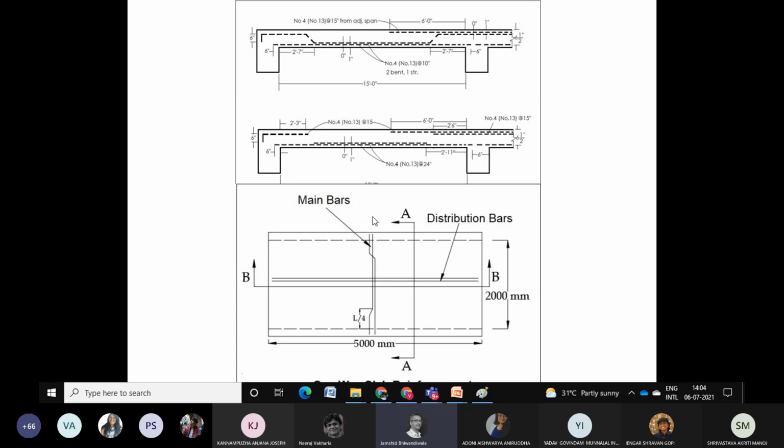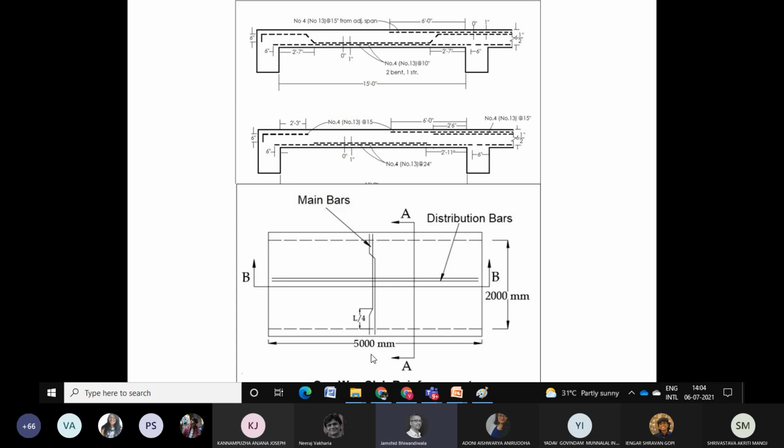You must have seen here, this can be for a one-way slab. In a one-way slab the main bars are only in one direction. In plan you see how that is. You have a bar that is bent on the top, it comes to the bottom. So 1/3 of the span, or 1/5, depends upon the span of the bay. Between 1/3 and 1/5, here it's shown L by 4, your bars are along the top. Then most of the bar is along the bottom.